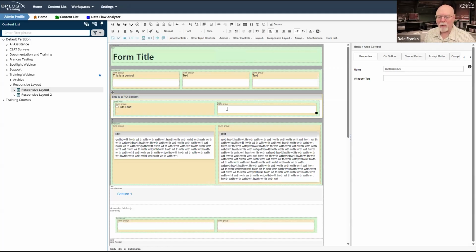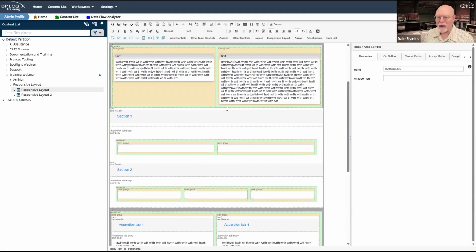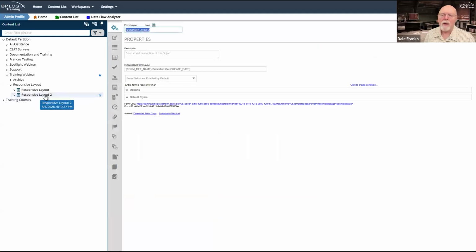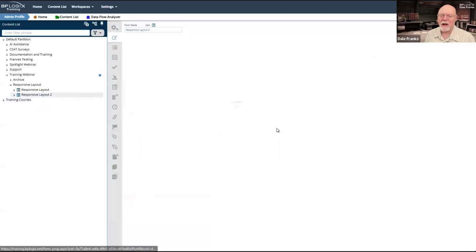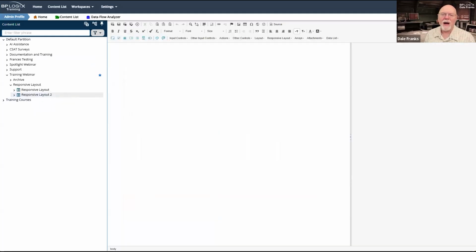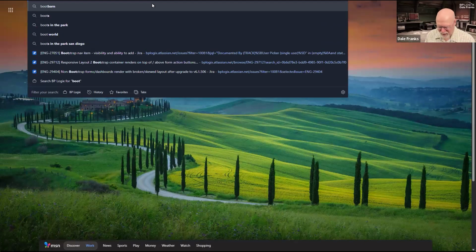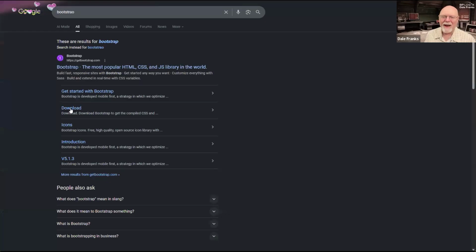Speaking of how Bootstrap works, let's get into it and let's start explaining what all of this stuff is, and indeed what Bootstrap is itself. Bootstrap is, as I said, a CSS layout framework. If you want to find it, and I should have probably searched for Bootstrap prior to us coming here, it's getbootstrap.com.